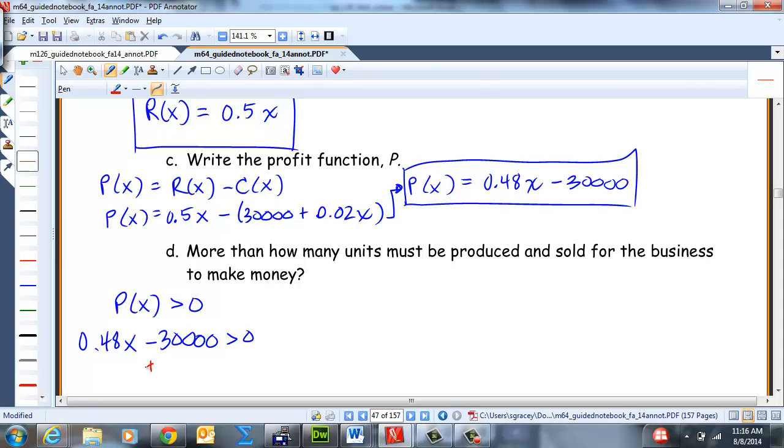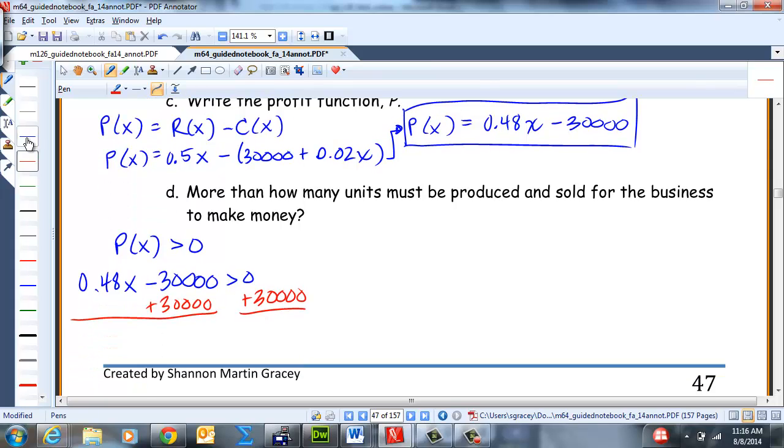Adding 30,000 to both sides, we'll have 0.48x must be greater than 30,000. Now dividing by 0.48,